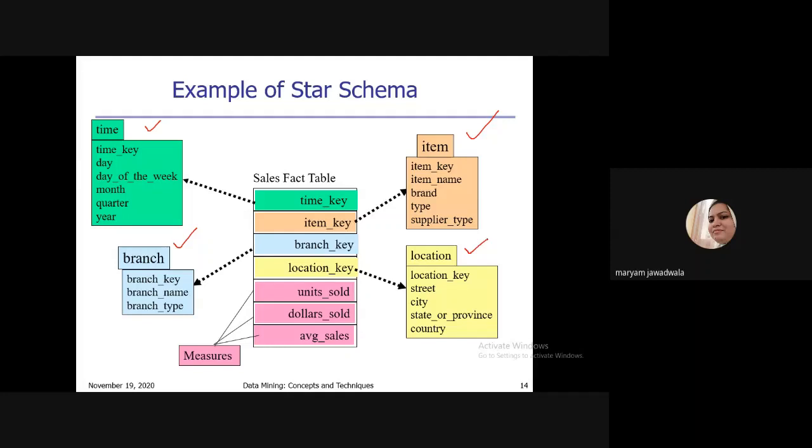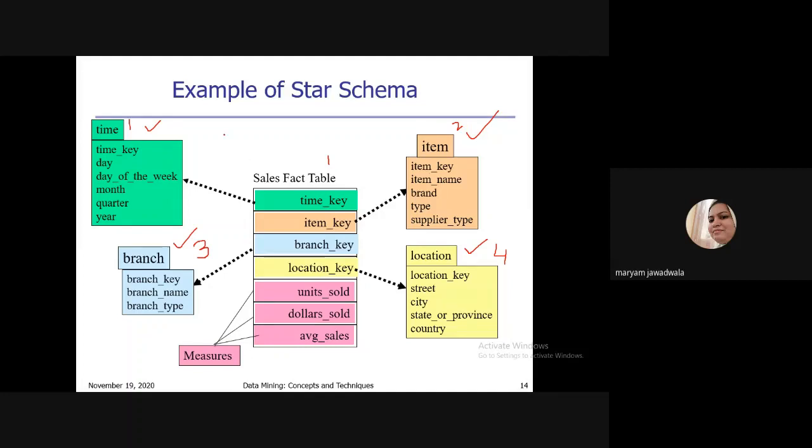So in this star schema, you have one fact table, that is the sales fact table, and four dimension tables: time, item, branch and location. This is a very good example of a star schema related to sales, which consists of a total of four dimension tables and one fact table.